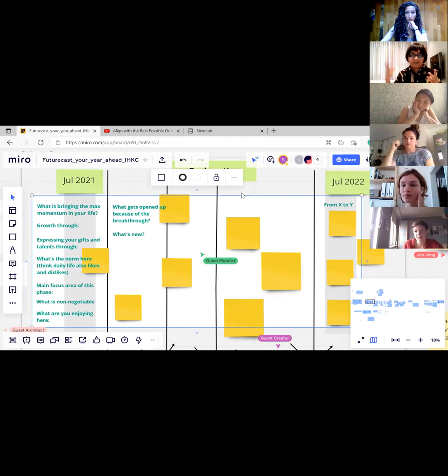And that's why we started with the Hero's Journey, because it won't be like everything is sorted by July 2022. We will be in some cycle or other. We would be growing in some area. We would have achieved in some other area. We would be interacting with a completely different set of people in some other area of our life. Those kinds of things. So I hope we have some picture around it. If anybody wants to share anything that stood out for them, or if they want to share.